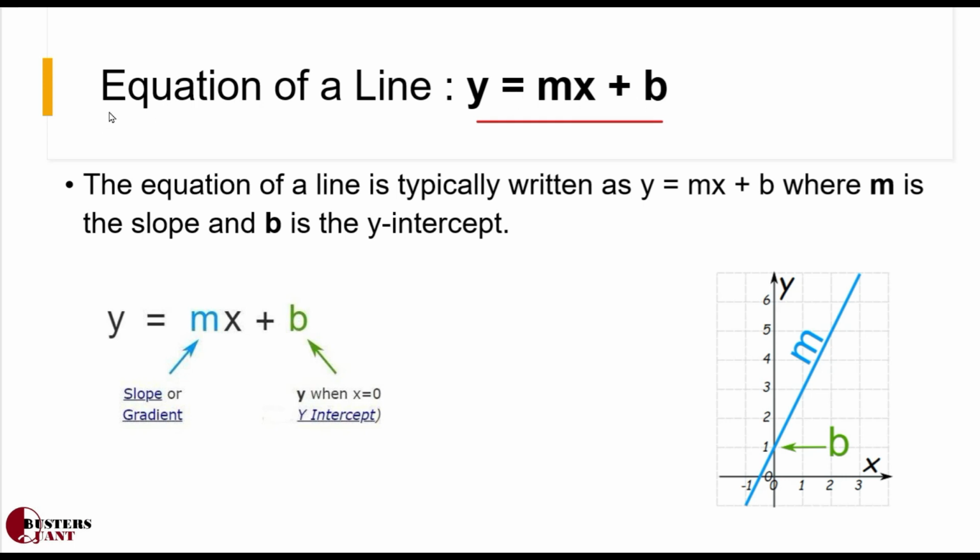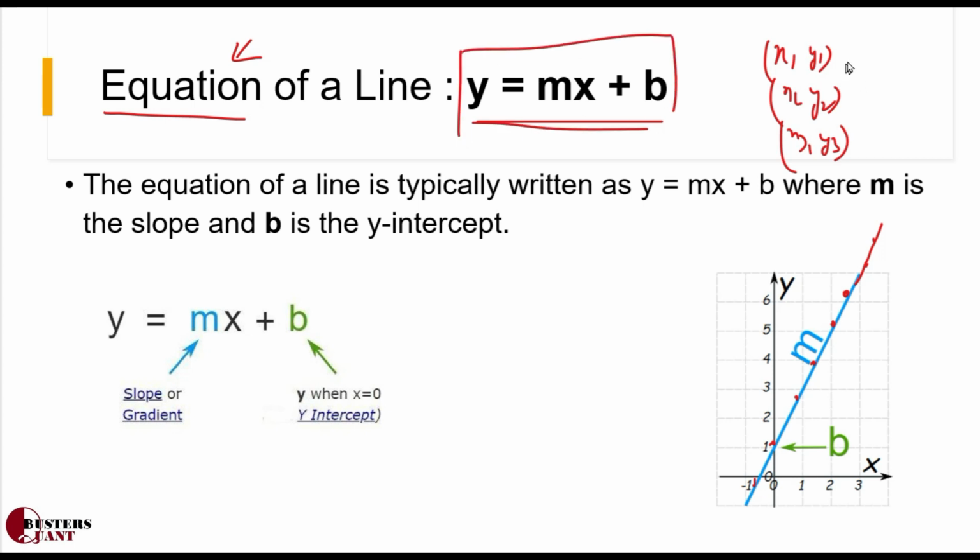First of all, what is the equation of the line? Equation of a line means if there is a line, suppose this is a given line, there can be many points in this line, infinite points in the line. So equation of the line means there may be many coordinates here, the points coordinate x1 comma y1, x2 comma y2, x3 comma y3 and so on. So equation of the line means this equation will satisfy all these points.